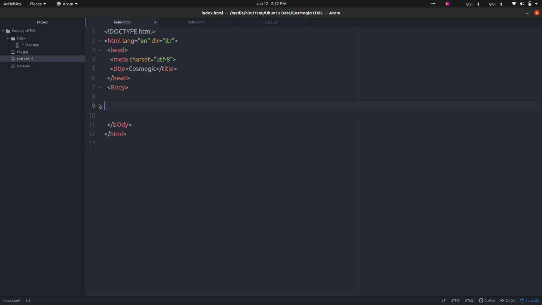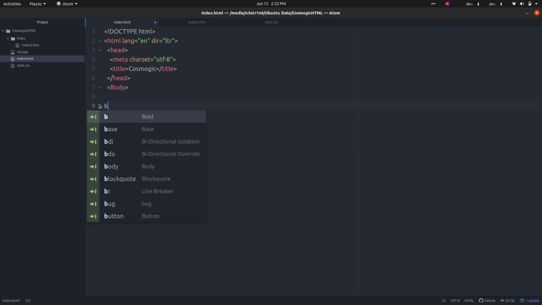So now we will talk about all the basic formatting tags that are used to provide styling to the text. Let me write this quickly so that we don't waste time.